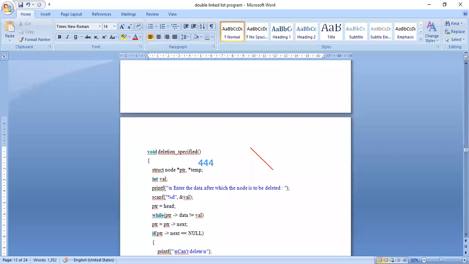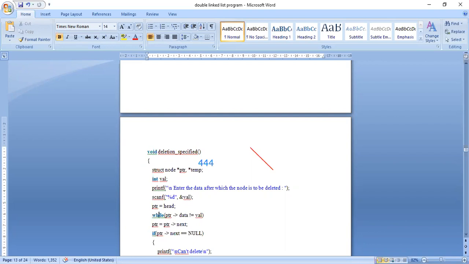So ptr is equal to head. The value which I want to delete is stored in ptr. Now see, while ptr of data not equal to val, ptr is equal to ptr of next. So I will start at the starting node of the linked list, that is head. Head is temporarily stored in ptr.